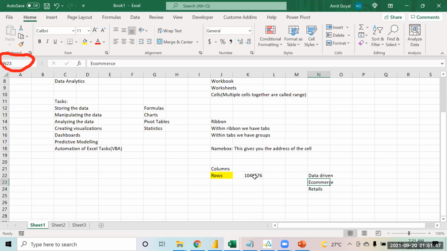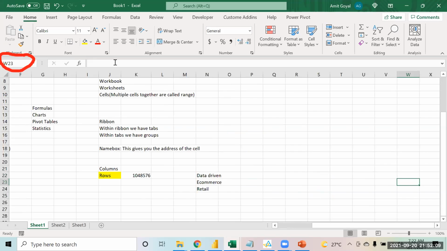The same thing happens in retail. Walmart would be entertaining millions of customers on a daily basis. So for such firms, definitely these 10 lakh 48,576 rows are less. So they cannot rely on Excel to store the data. But it doesn't mean that they won't be using Excel at all. Definitely Excel would be used by them.